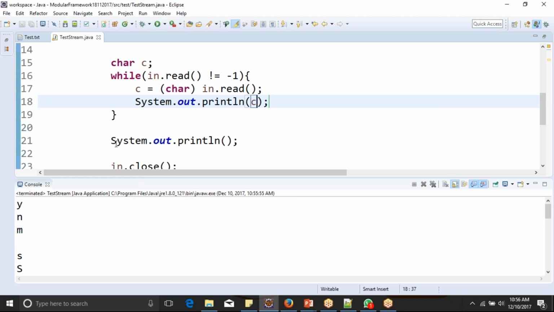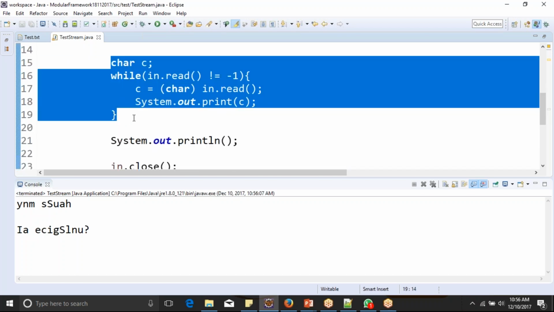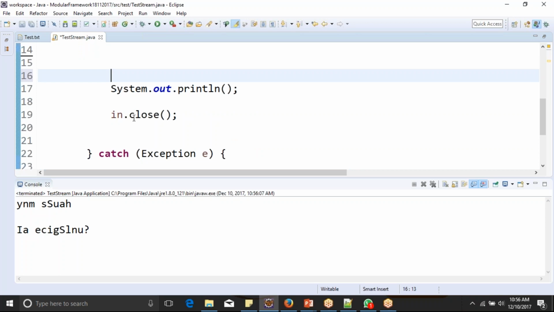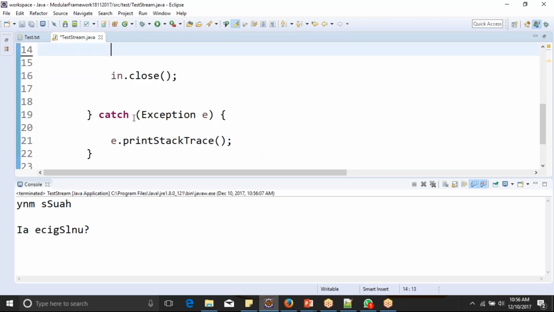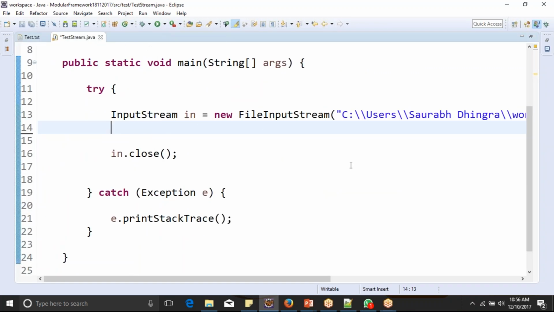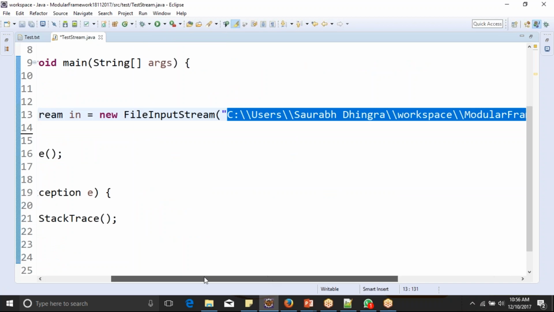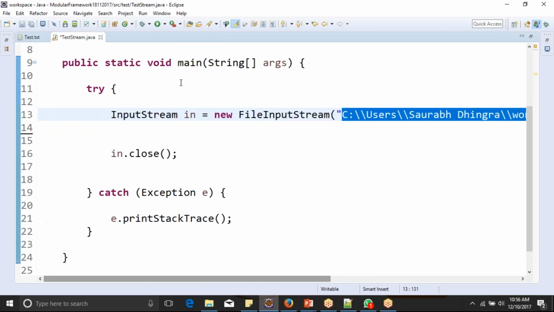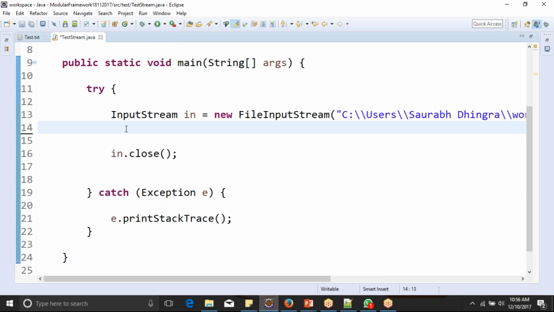Okay, so this printing part, I'll maybe take it later. I am not sure what exactly is going wrong here. But for now you can just understand that what I've done is I've taken whatever is there in that file into a stream. Similarly, if you need to write anything,